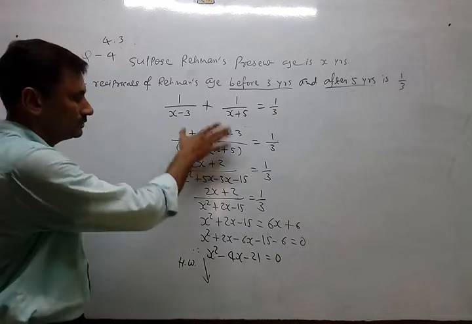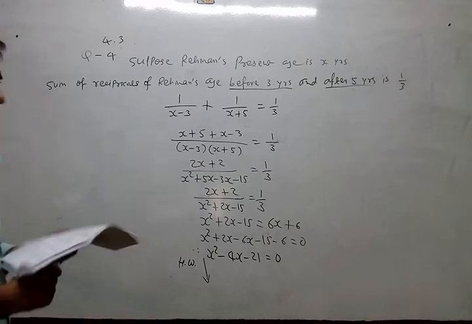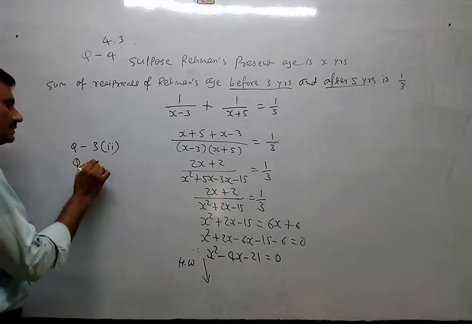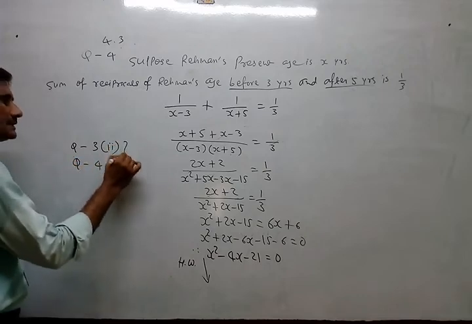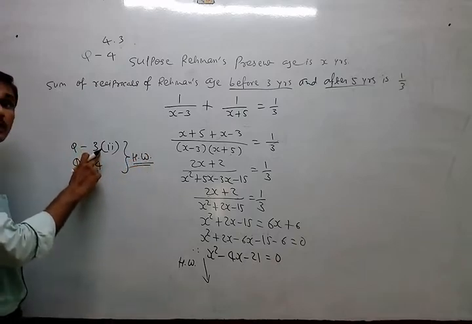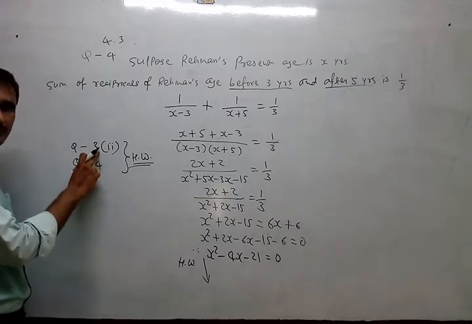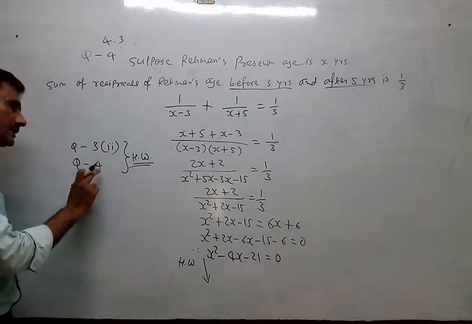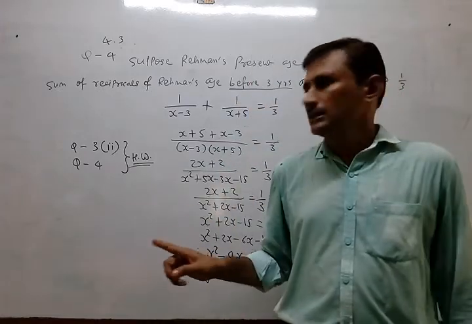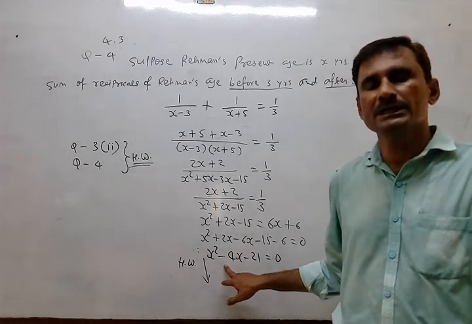Understand? So this is the second sum in today's homework. I have given third, second also. Both are halfway. Question 3 second and question 4. Okay, so the incomplete sums you have to solve in homework. These sums might require not the factorization method but the quadratic formula method or completing the square. But this is a word problem, so it can be solved. All word problems can be solved by the factorization method. And the equation will be very simple, not so difficult. So easily you can factorize it.